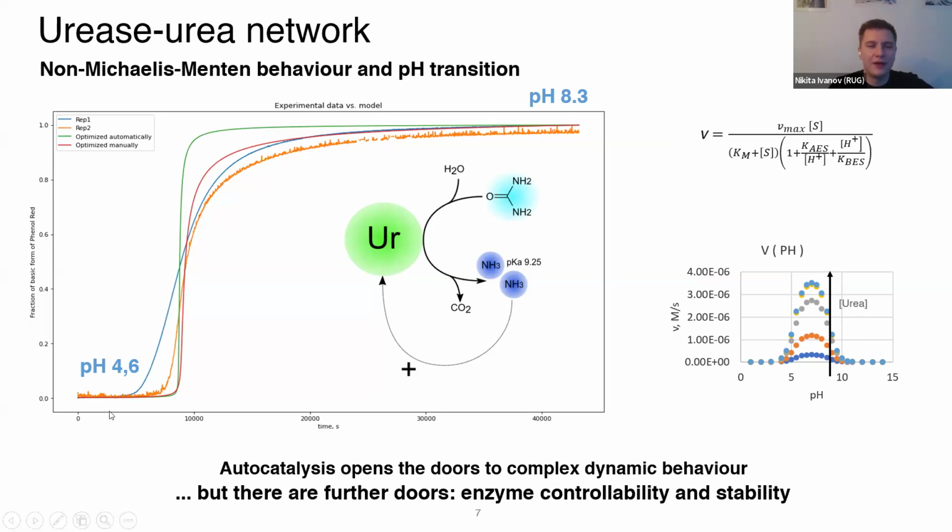So the whole dream here is that if we would find a process or a side reaction that would drive our state back from the alkaline pH of 8 to the acidic 4 to 6, we would be able to go through these sigmoid cycles over and over again, so to create an oscillator. I hope it is a little bit clear at this stage.